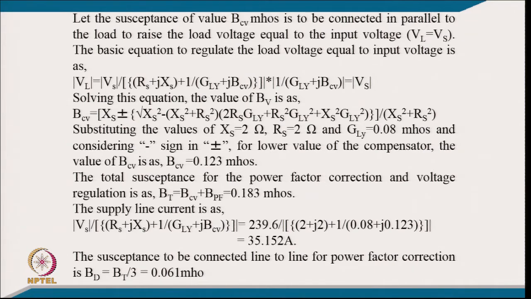0.123 mho, and total susceptance for power factor correction and voltage regulation, BTV, will be equal to BCV plus BPF, that is 0.183 mho. Now the supply line current, keeping the value in this source impedance, and putting the value of all these elements, comes to 35.152 ampere. The susceptance to be connected line to line for power factor correction, that is BD, equal to BT by 3, and that is